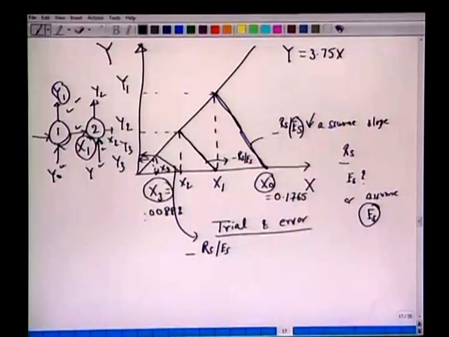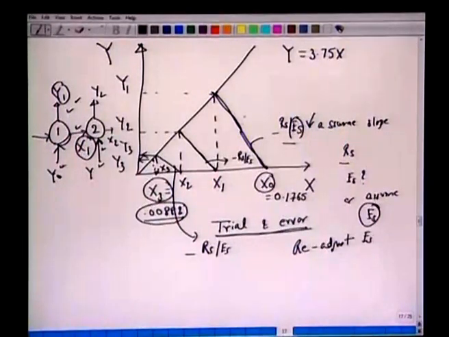All it means is, if we have marked this point 0.00882, we have not reached the same point. That is why we said it is a trial and error. One will have to readjust the slope, or readjust the solvent flow requirement, to reach the x3 that we want through stages 1 to 3. Alternatively, one could have assumed x3, now knowing y3, and gone backward to calculate Es to obtain this x0 point. Either way this will work.